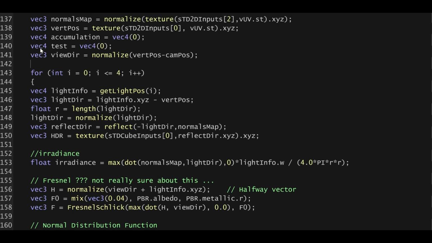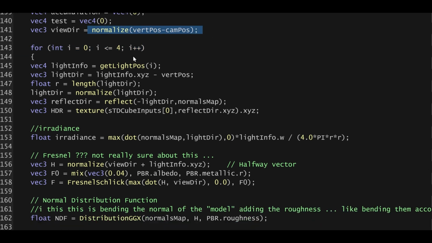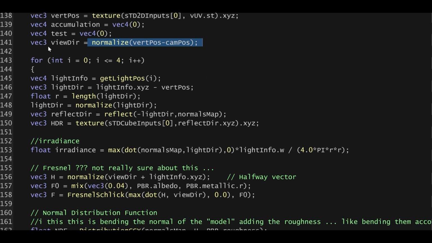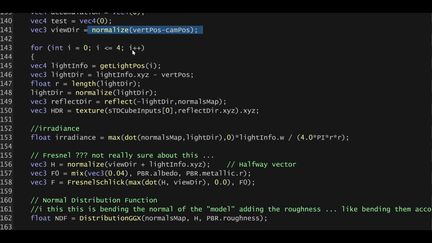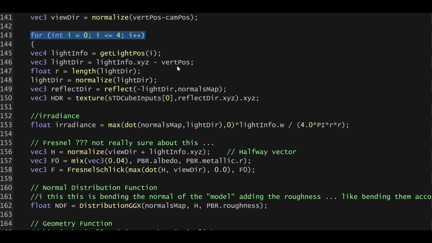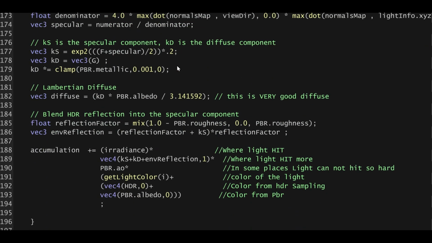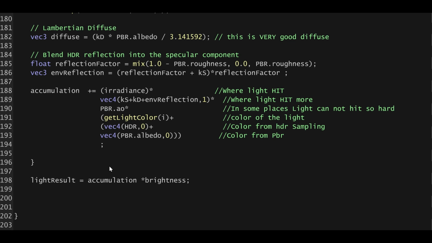Okay, then our view direction is this. That I keep normalized because it's better for calculation. So it's a direction basically. And then this is the loop of the light. I won't go here and read it all. It's like disaster. Okay, but